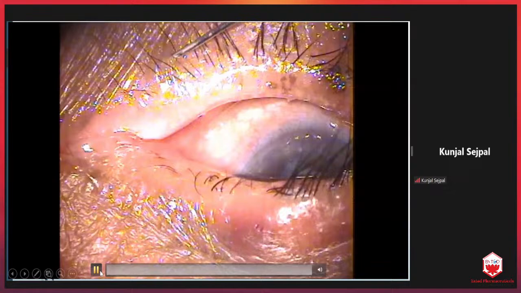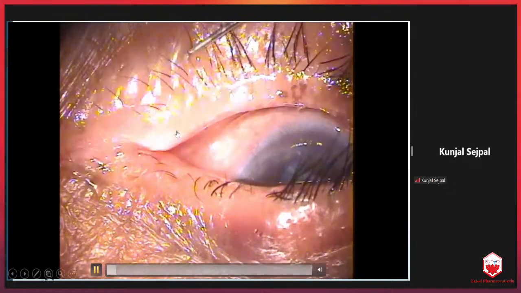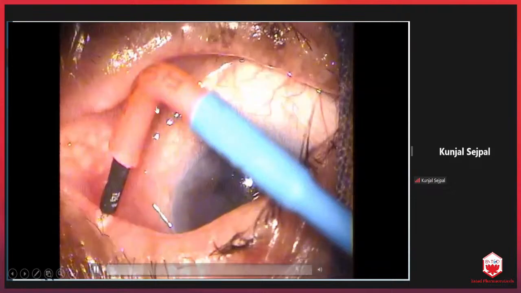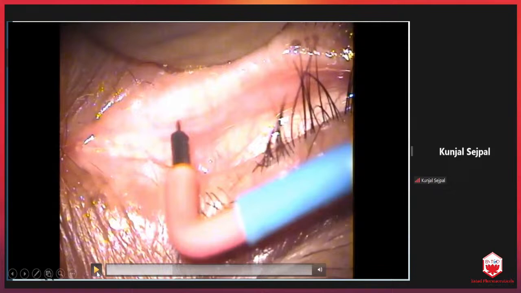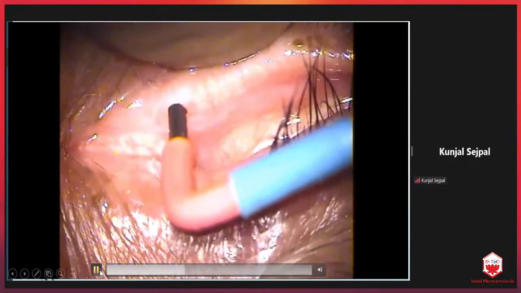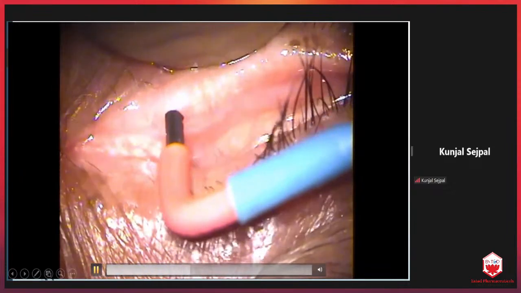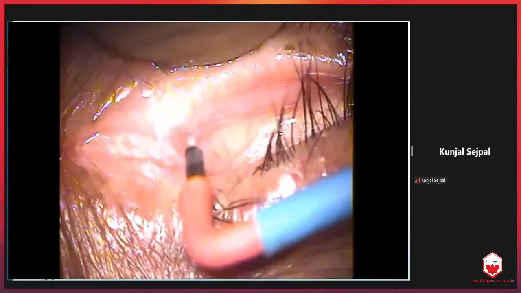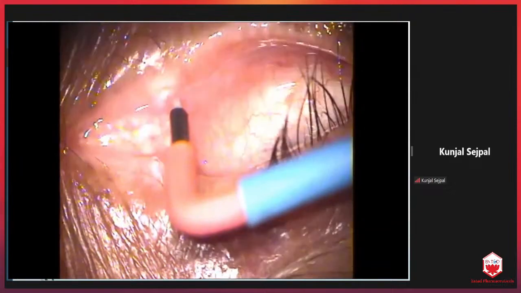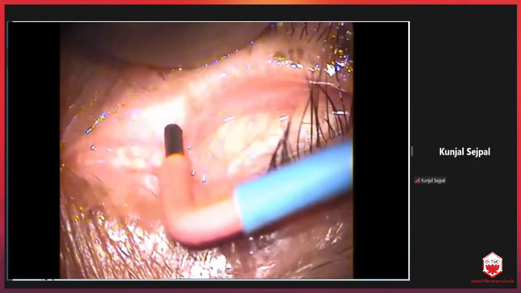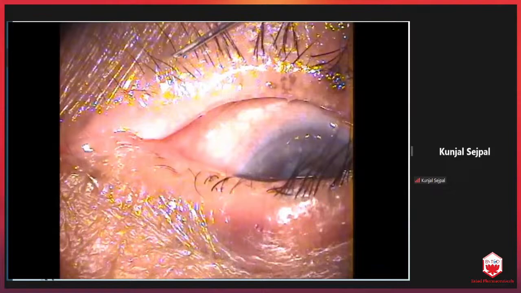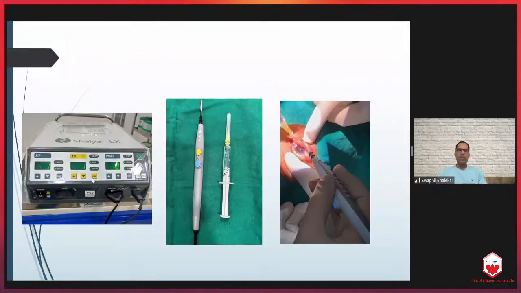Is the video playing? So after you drape the patient, you have to cauterize. You have to place local infiltration, at least 1 cc around each punctum, and then enter with the cautery tip. You can start the cauterization and wait for complete blanching around the punctum and then slowly come out. After this, you just have to apply an antibiotic ointment and you're done. The same procedure is repeated on the upper punctum. Was the video playing? Yes, it was.